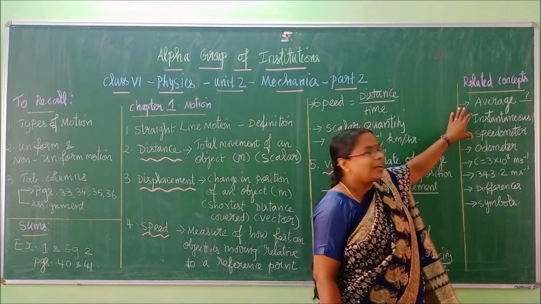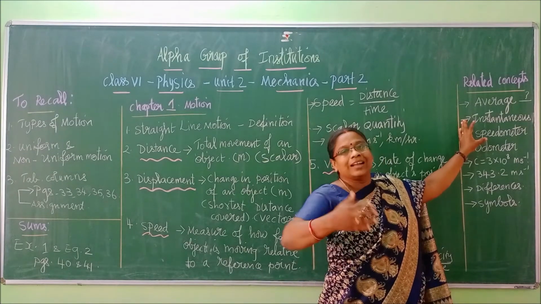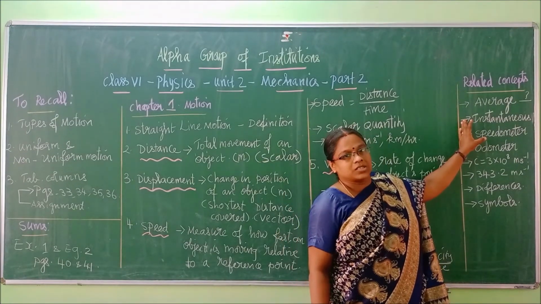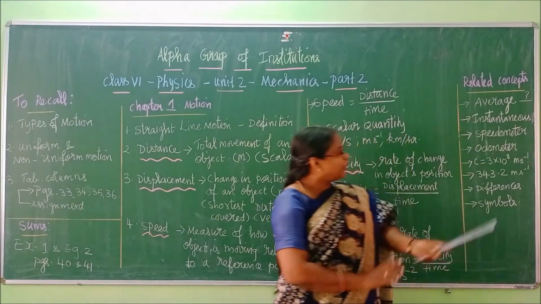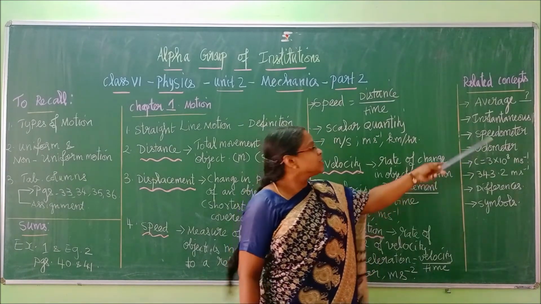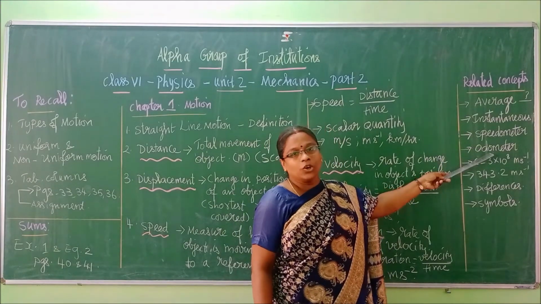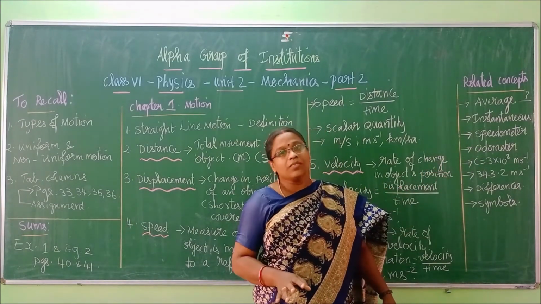Okay, so these are only definitions you are going to concentrate on now. Don't go deeper into it. That you will learn in your higher classes. Next one is speedometer and odometer. I told you, know the words. It can be asked for one mark. Speedometer will tell you how much speed the vehicle is traveling. Odometer will tell you the distance covered by the vehicle.